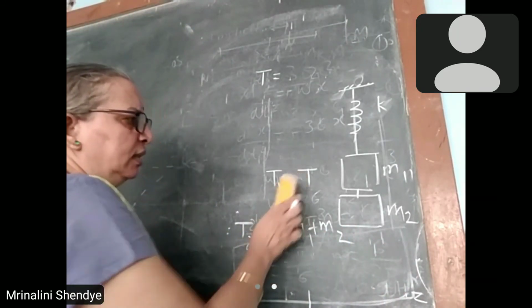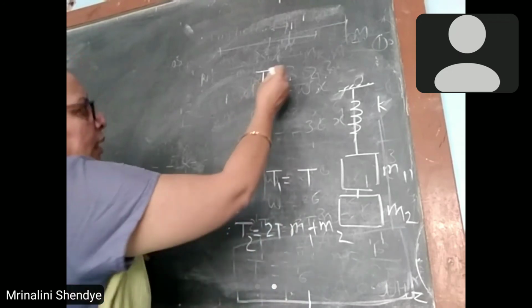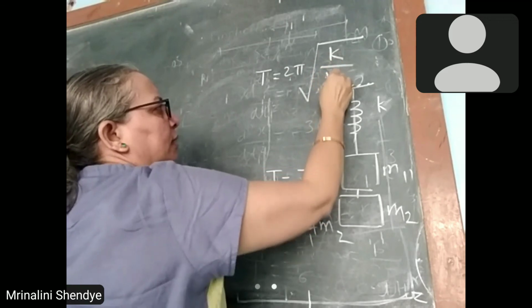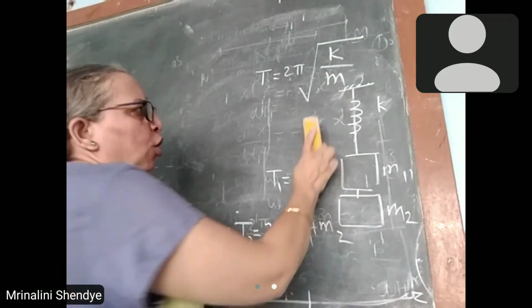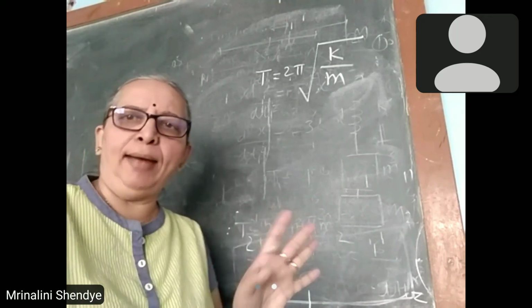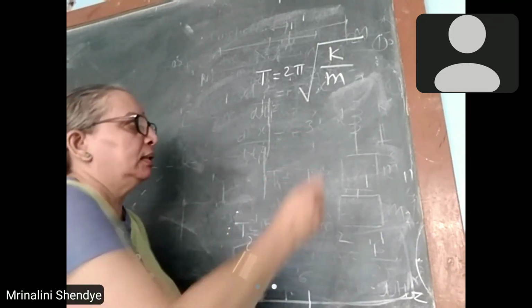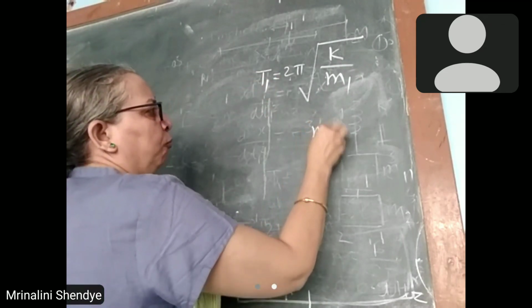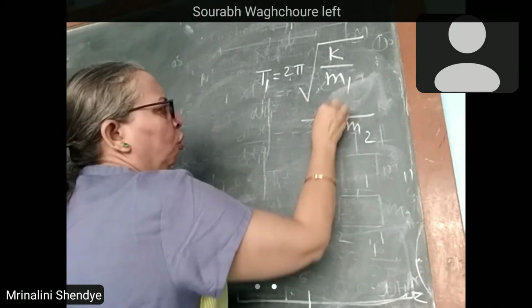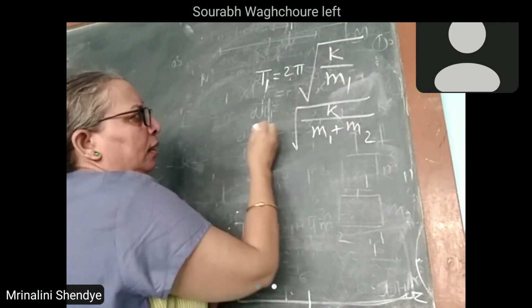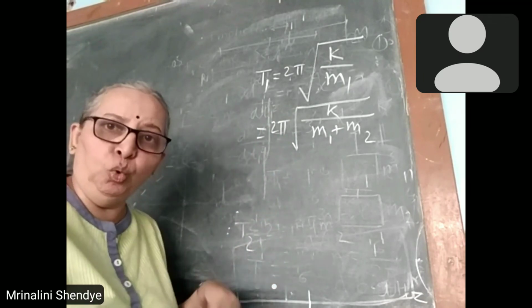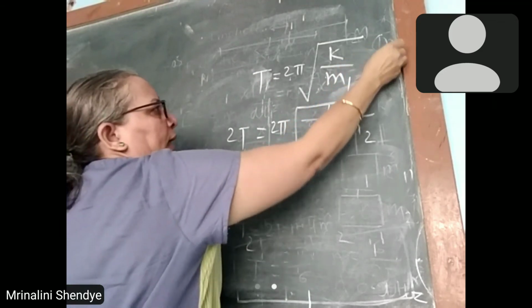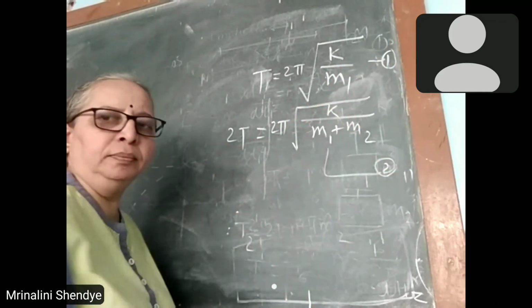So we will start solve this example। So what is t, t का क्या रहेगा रे, जनरल एक्सप्रेशन क्या है, 2π square root of force constant upon mass। ये एक्सप्रेशन पीरियोडिक टाइम का, force constant they have not altered, they have only increased the mass। So when mass is m1, t is t1, when mass is m2, that is m1 plus m2, by keeping k constant, period is t2 and its value is 2t। So this is equation 1 and this is equation 2।